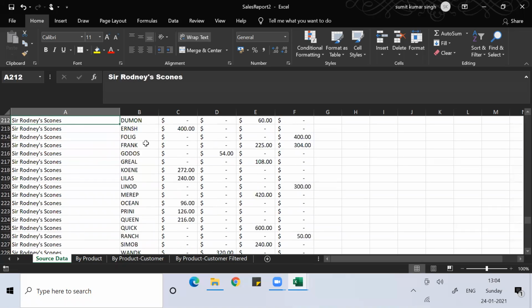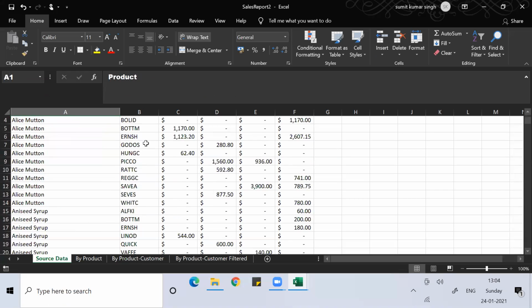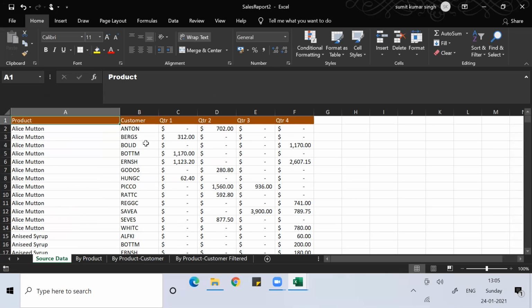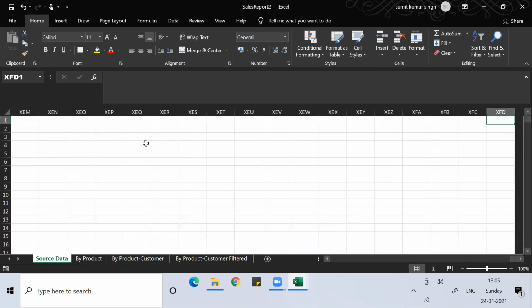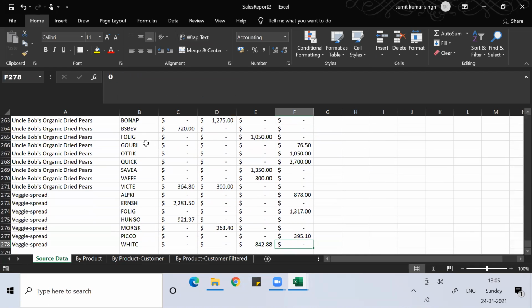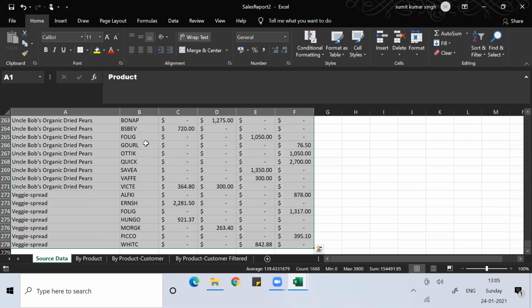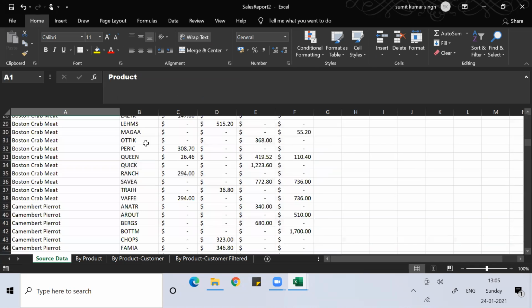So manually, if I select the data and all, it would be a cumbersome exercise. So what I did, I used control right arrow. If I use control right arrow, I reach the last column till where data is there. Control down arrow, I reach the last row. So what I can do, if I use control shift right arrow down arrow, everything I have selected. So all the data I have selected.